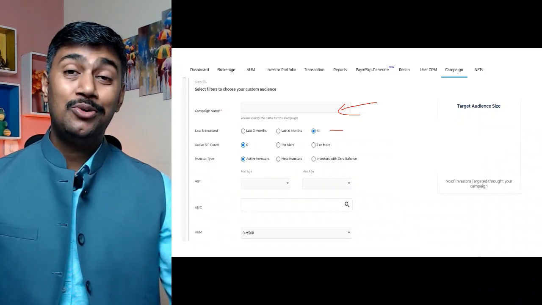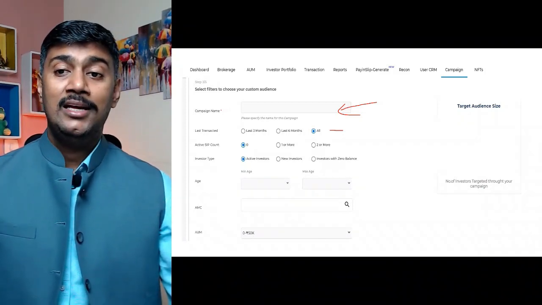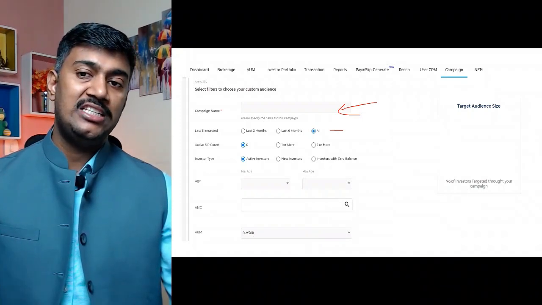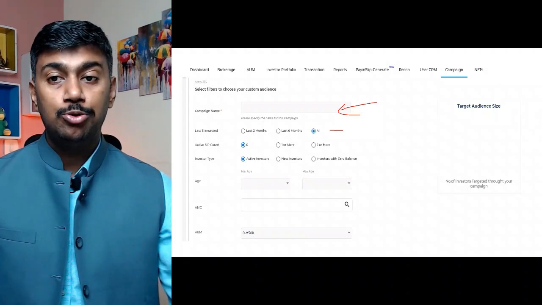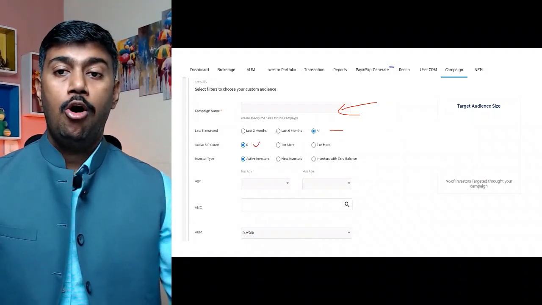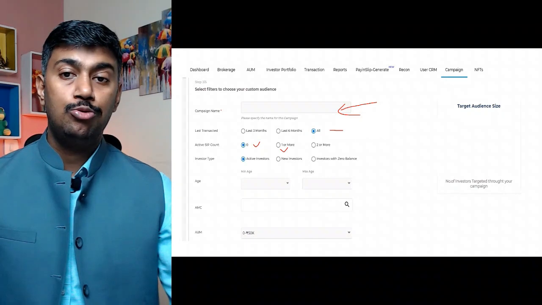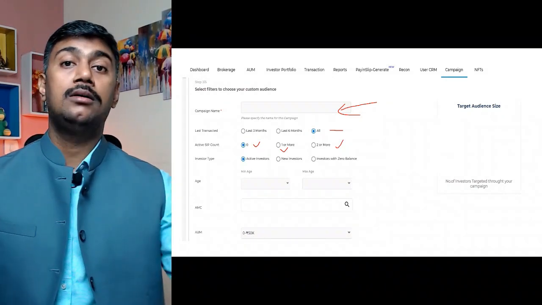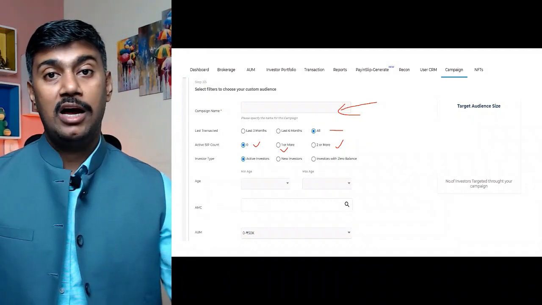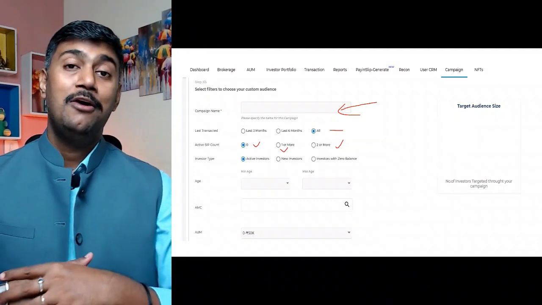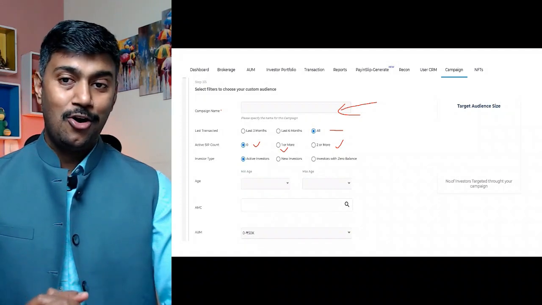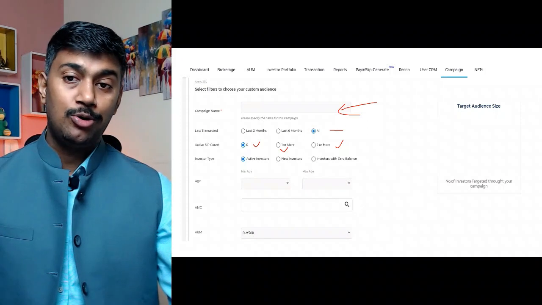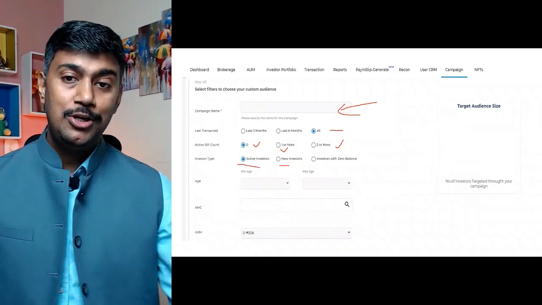Now suppose you want to create any SIP campaign, then you can send the information and transaction link to all those investors who don't have any SIPs with you, or those who have one or more with you, or 2 or more with you. So these are all data filtrations you can do. Then the bulk email and SMSs are going to go from CAMS itself without you paying additional cost for using these services. Now investor type also, as I told you, you can send to active investors or new investors or